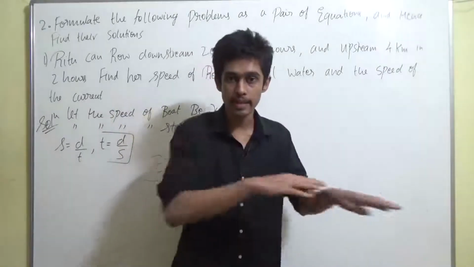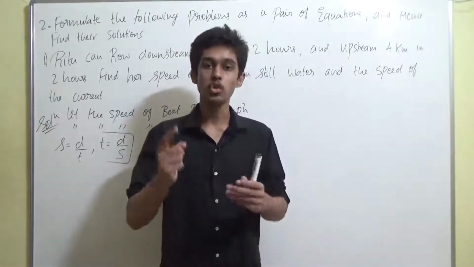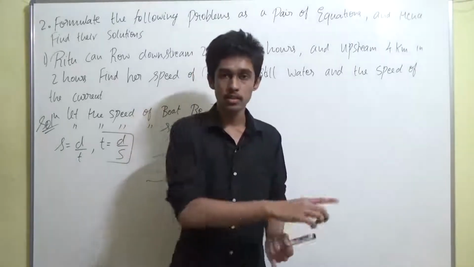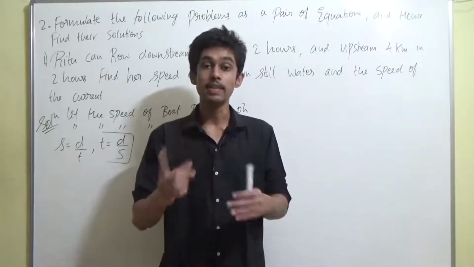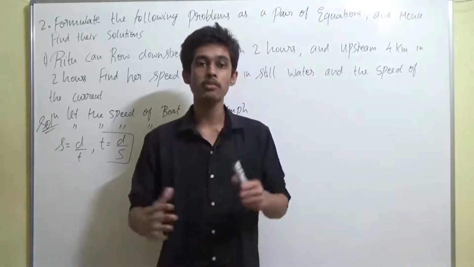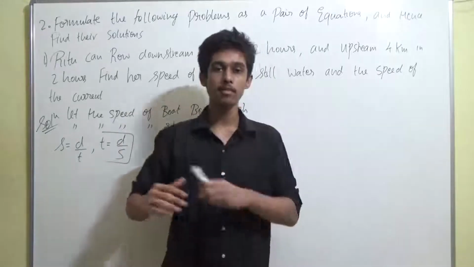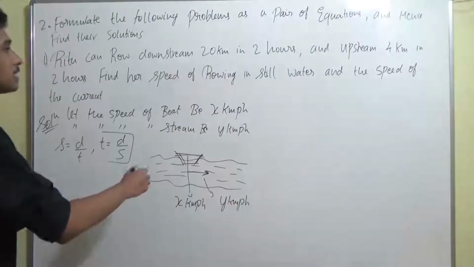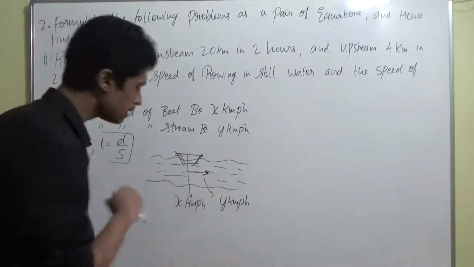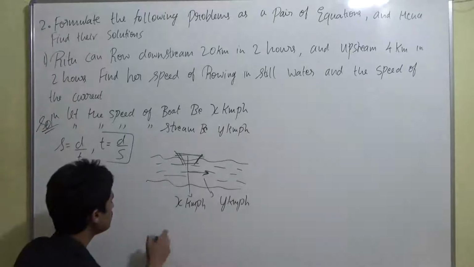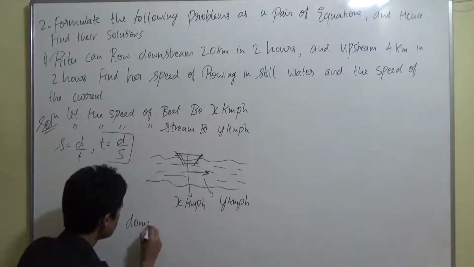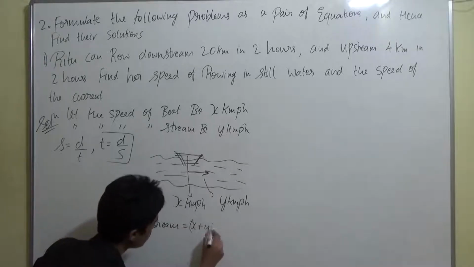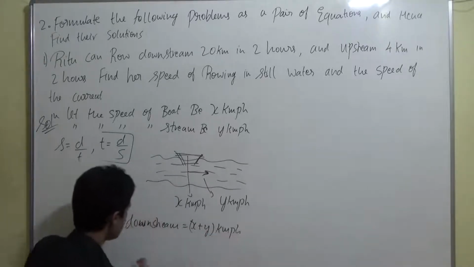What will happen? Your speed will increase, right, compared to swimming in still water. So if your speed in still water was x kilometers per hour and the speed of the stream was y kilometers per hour, the net speed, the final speed when you both are moving in the same direction will become x plus y kilometers per hour. Getting it? That is called downstream. Downstream means both are going in the same direction. In downstream, the speed will become x plus y kilometers per hour,